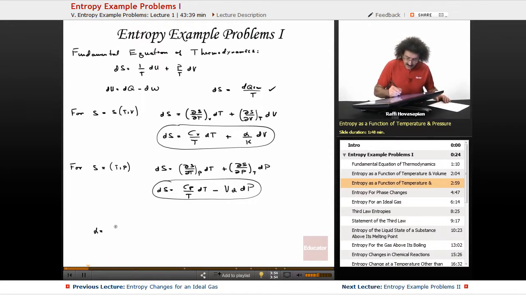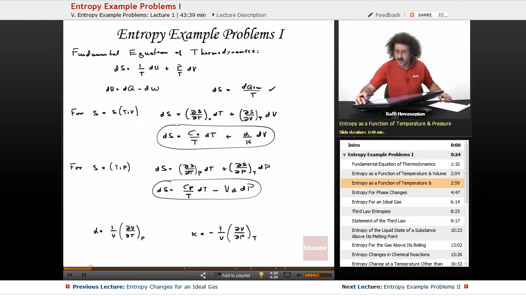So alpha was equal to (1/V)(∂V/∂T) under constant pressure. And kappa, which is the coefficient of compressibility, is -(1/V) times the change in volume per unit change in pressure under conditions of constant temperature. That's it. So these two, again, are some of the things that we want to bring to